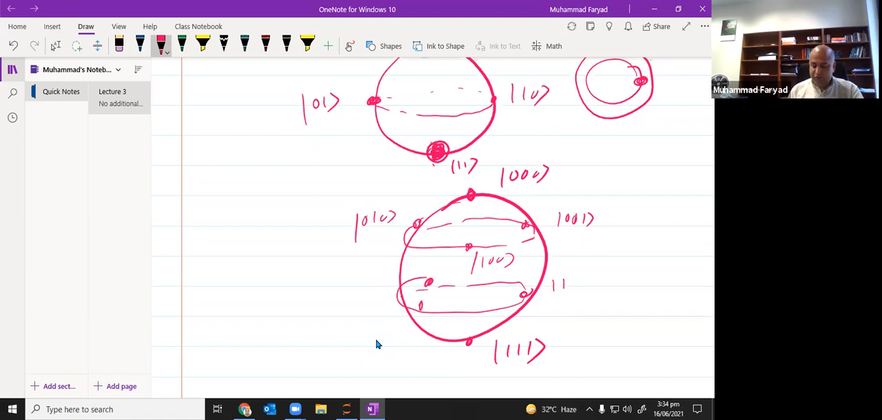So 1 1 0, 1 0 1, and 0 1 1. The scheme is this: as you go down the bottom, the number of ones increases. Similarly, if there is a 4-qubit state, 0 0 0 0 is on top, 1 1 1 1 is